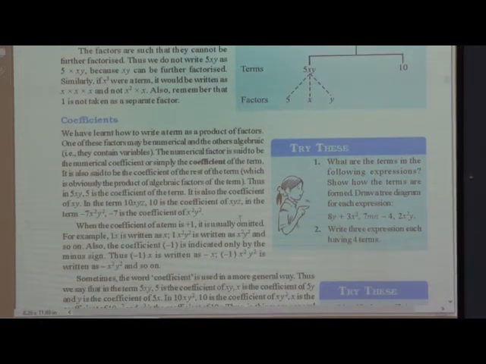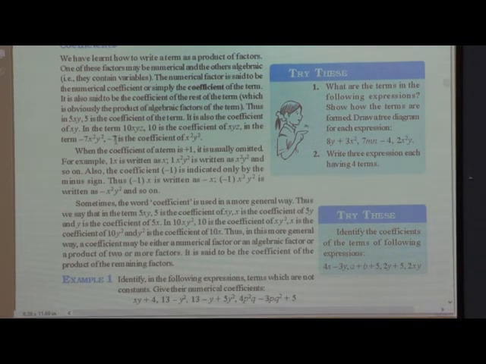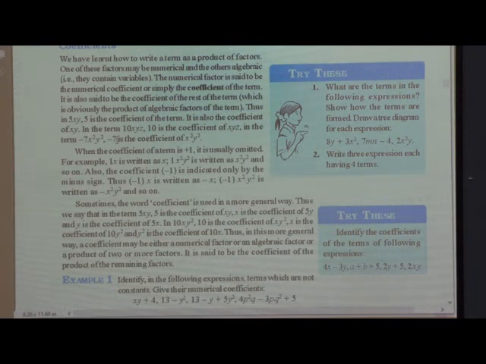We can see some more examples here. One example we will see is minus 7x square y square. Minus 7 is the coefficient of the term, that is x square and y square. Now, you know what the factors of x square and y square are, because we have already seen some examples related to it. So now you know what a coefficient is. A coefficient is nothing but the numerical value of it.